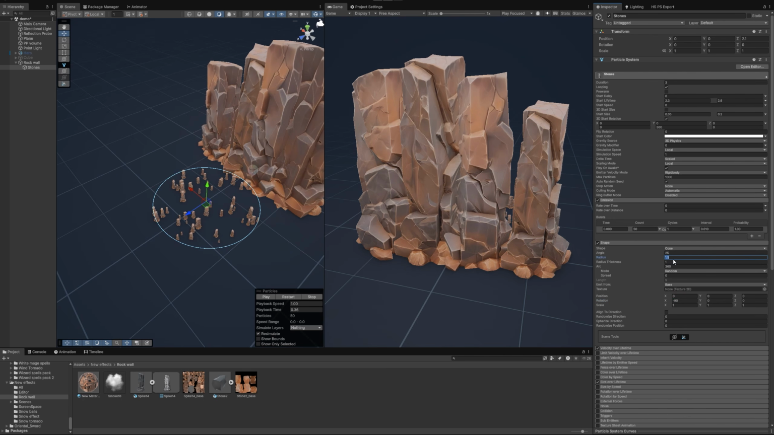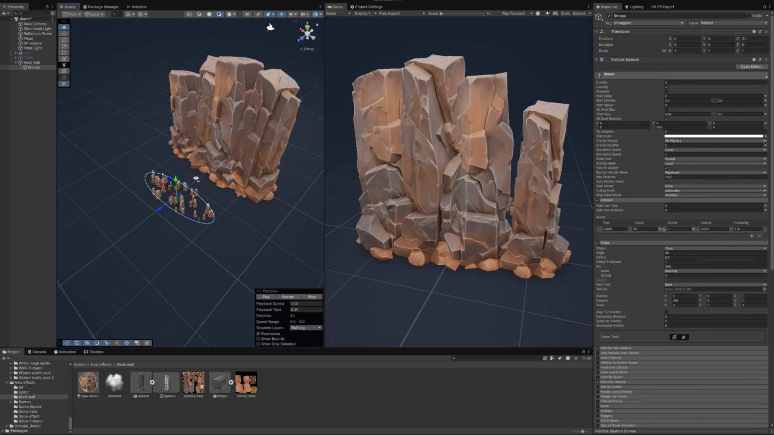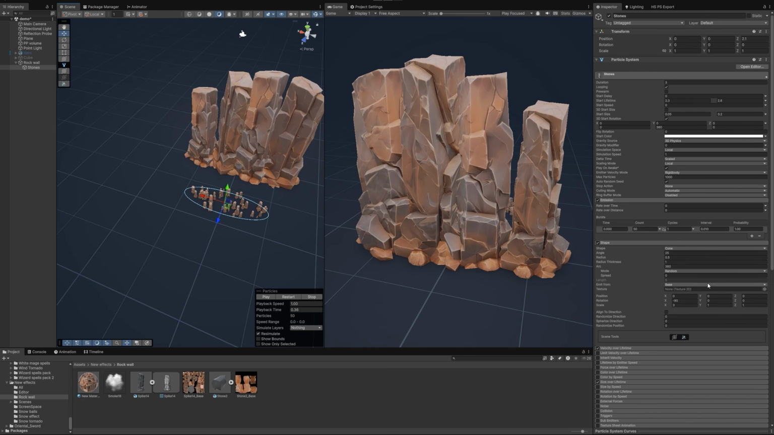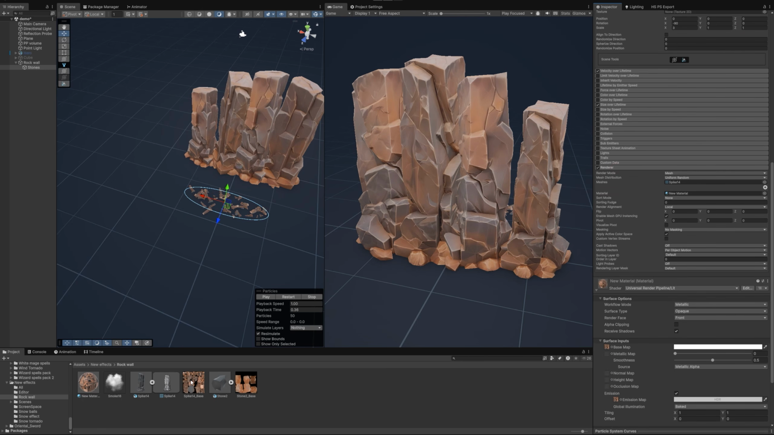Then change radius to smaller than the wall itself and scale it to fit inside the wall. I think it's better to change the angle to 45. Set a random start rotation, select your stone model here